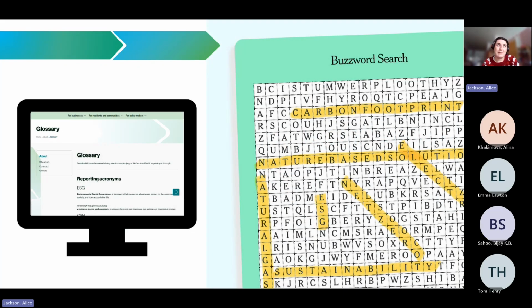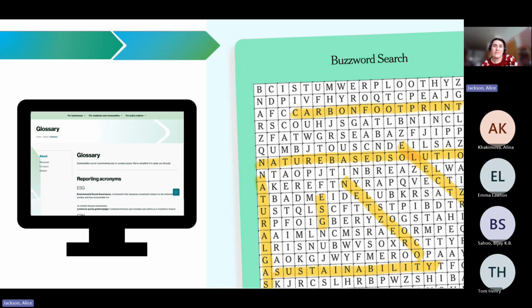The reason that a lot of those things are quite hard is that there is a lot of jargon and a lot of unnecessary acronyms that sustainability uses. I do that quite a lot. What we do have is a glossary page on the Green Future Leicestershire website, which hopefully breaks down a lot